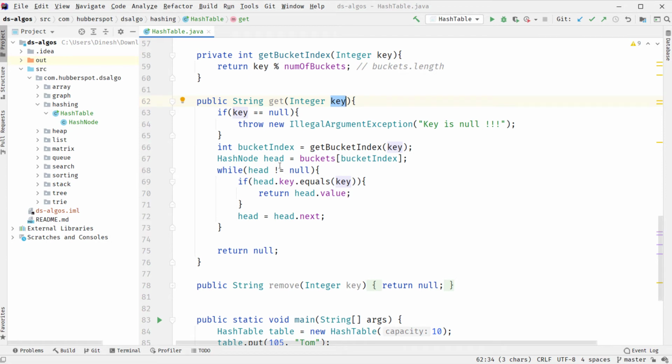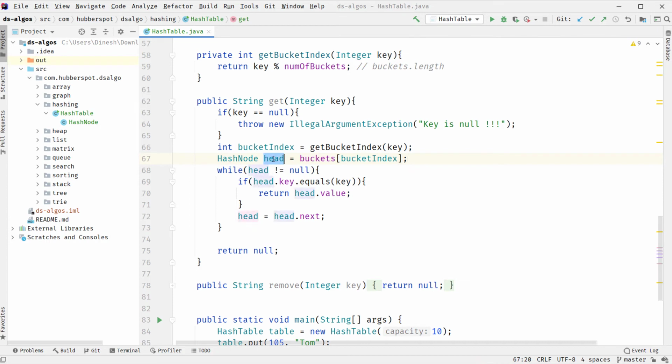So we searched for the key and checked whether any key is matching our key or not. In the if block we provided the condition: if head.key is equal to our key, then simply return its value, and if it is not, then simply move head to its next node by assigning head.next to head. So friends, when we are accessing the hash node at this bucket index, there could be a possibility that this hash node will point to another hash node, and those hash nodes can also point to other hash nodes.